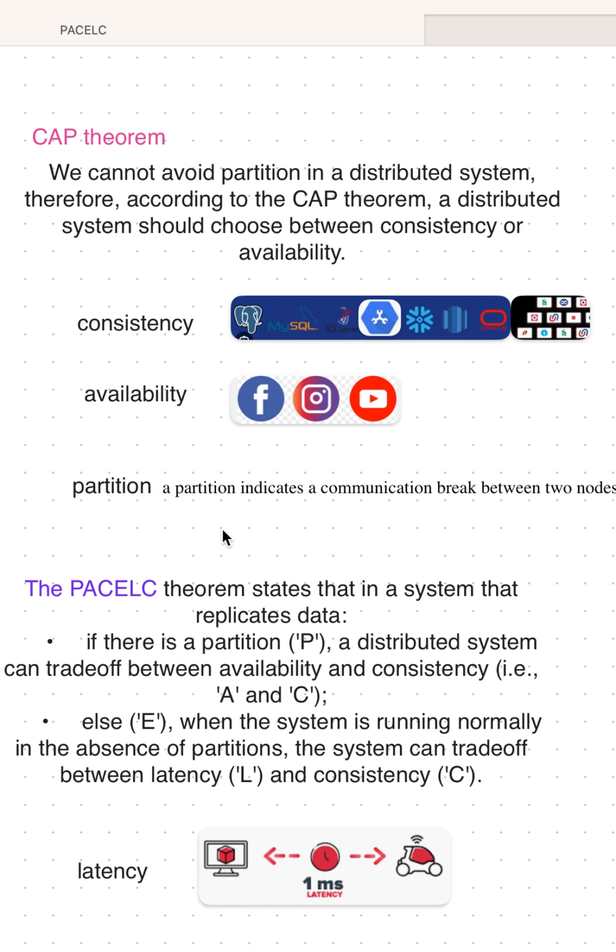Now beyond CAP, there is the PACELC system, which asks: suppose there is no partition, then what will happen? CAP theorem applies when a partition occurs, like there is some network failure and communication between two or more nodes is broken. Then the system should prioritize either consistency or availability. But